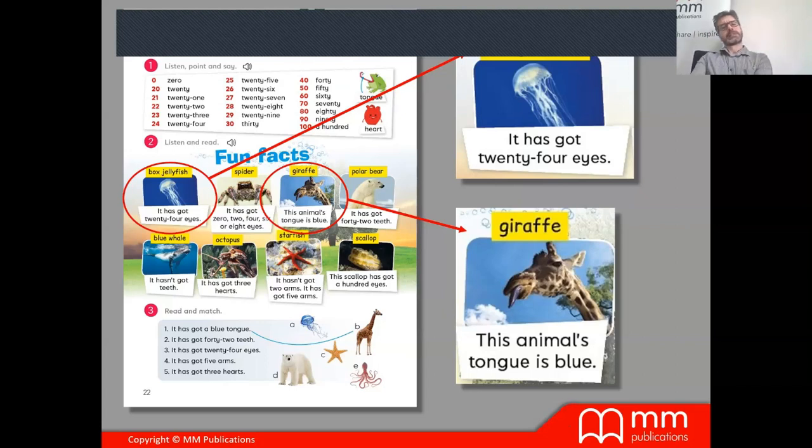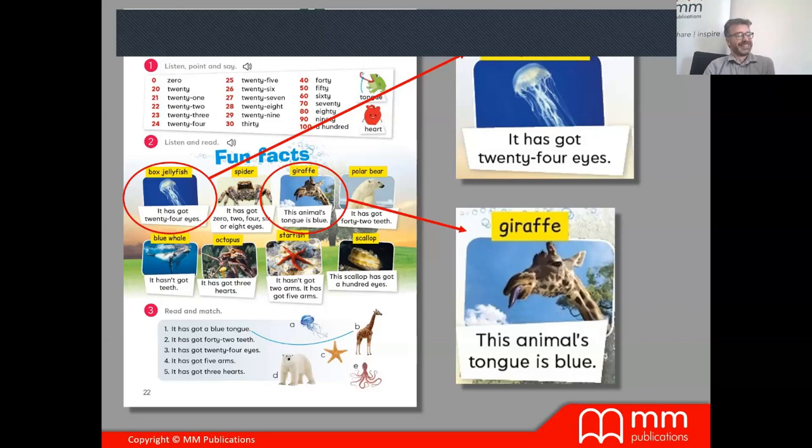Has it got 6 arms, we said? No, it hasn't. Is it a wild animal? Well, all these animals aren't wild, are they? They're not pets. I mean, they all live... Is it white? Has it got 100 eyes? No, it hasn't. Which one has got 100 eyes from these animals? Has it got a tongue?